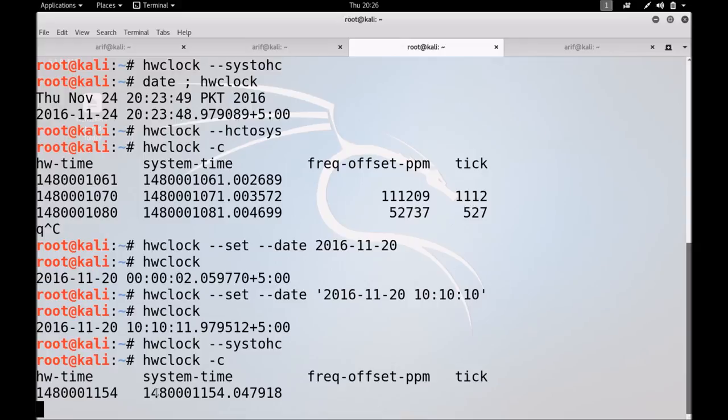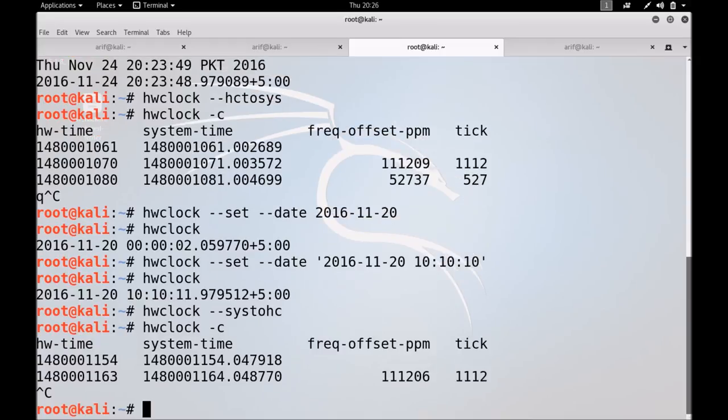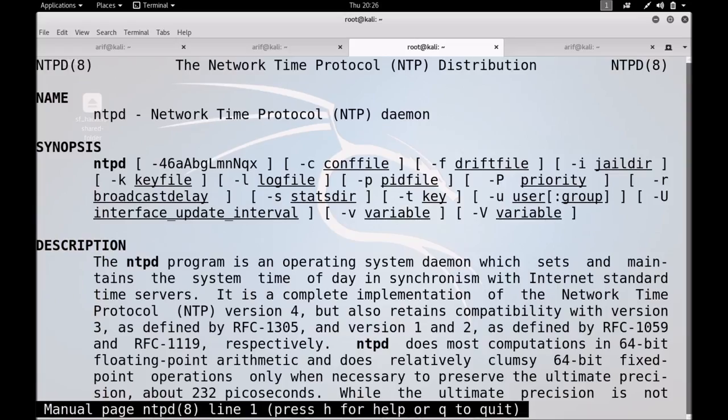So gentlemen, instead of setting manually the hardware clock as well as the system clock, you can use the network time protocol to update the time on your machine. Let me do man ntpd, network time protocol daemon.